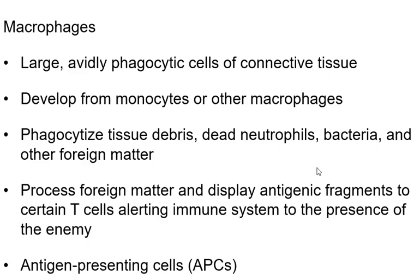But they also have another thing that we're going to talk more about, which I think is super cool. They take whatever it is that they have killed, whatever they have digested or fragmented, and they stick it up through their cell membrane and kind of wear it like a trophy on the outside. And so that's going to be really important when we get into talking more about the immune system and the humoral immune. So they process foreign matter and display the antigenic fragments out on the cell membrane to alert the